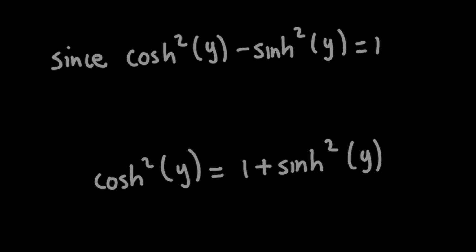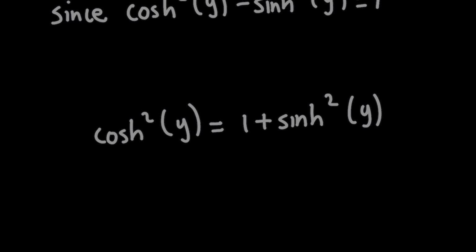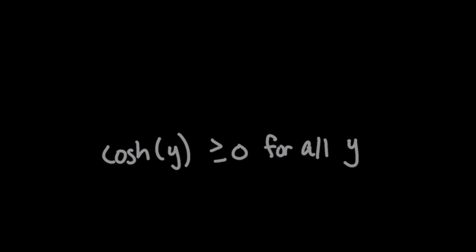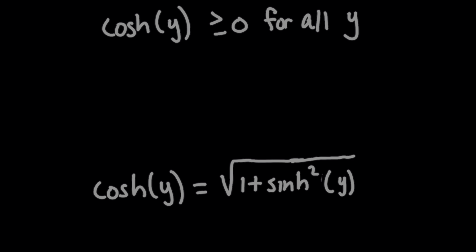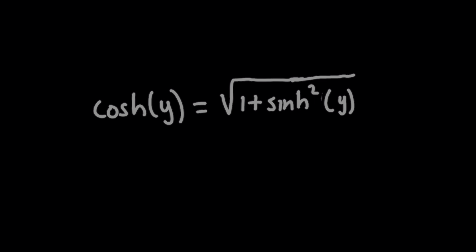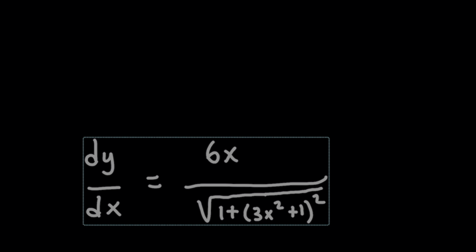Okay, so if you don't remember for cosh, remember that for all values of y in this case, it's always greater than or equal to 0. So we're just going to take the principal root, and we are okay here to have this expression where I took the square root of both sides. And then when I plug it back into my dy over dx we found above,